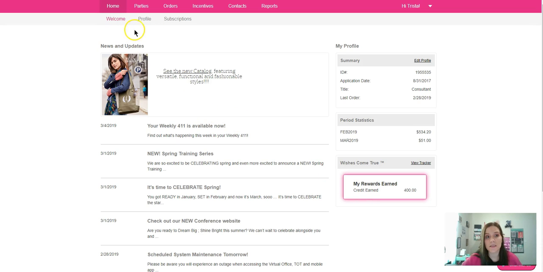The next tab is going to be your profile tab, and this is where you're going to manage your website information, change your website name, change your commission options. Also, you can store your credit card to make it easier to order your business supplies. And you're also going to change any kind of address information, your phone number, anything that you need to do